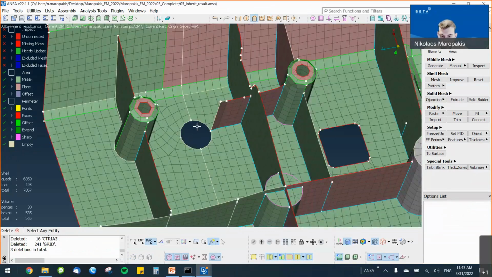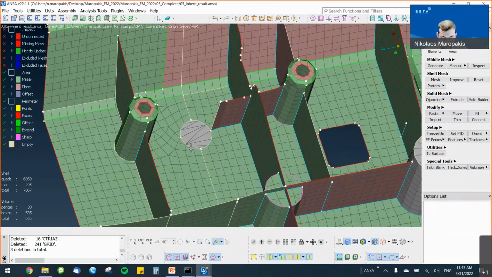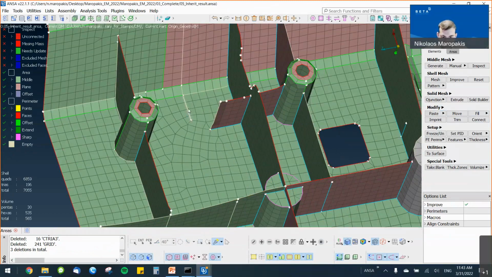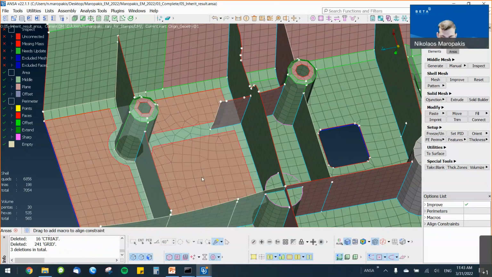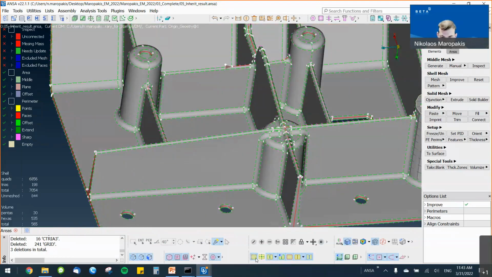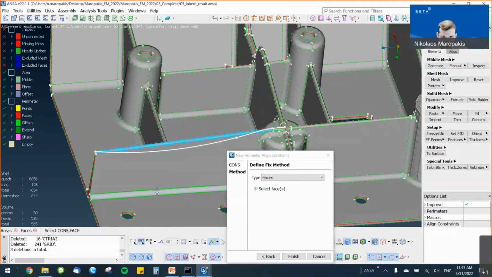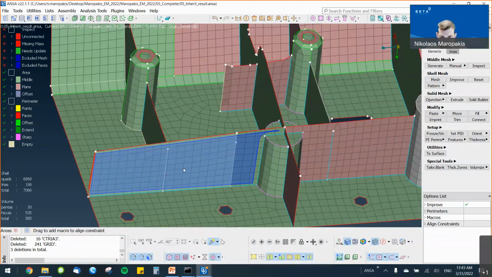I can see here that I was left with a hole that is very easy to close with a manual fill function. I will select these perimeters, accept, and after I also do a join here, the mesh will be reconstructed and I will have the desired mesh. I will move now to this rib that it used to have in the previous version. It had this wavy shape, but if I turn on the geometry, I can see now that it's straight. I can simply select these two perimeters, set constraint, faces, and I will set it to be in this constraint, and now I have my fillet ready.